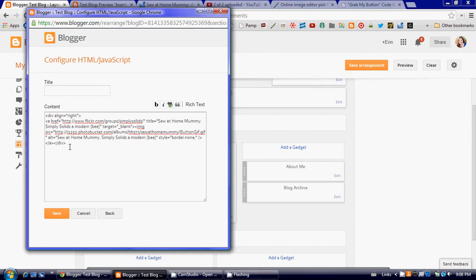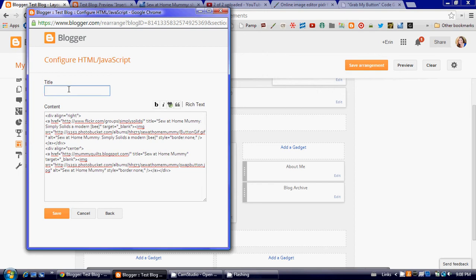Now I had already copied the code that the computer remembered from before, but let's copy the new code as well, just so you can see what two would look like stacked on top of each other. Now as for the title, you don't have to put a title in, but I will do it this time so that you can see what it looks like in your sidebar. So I'm just going to call it participating in,